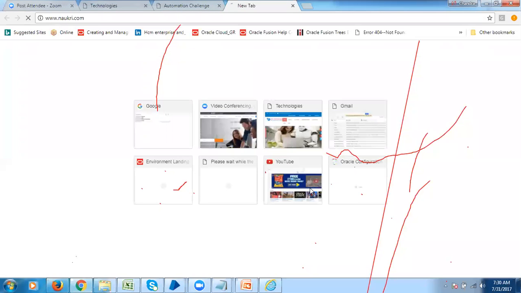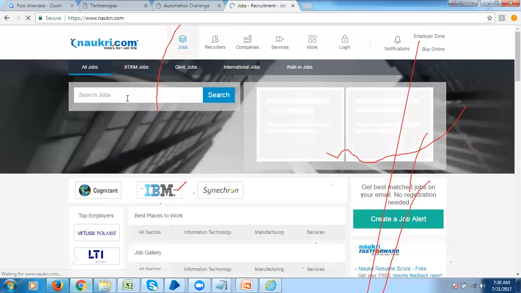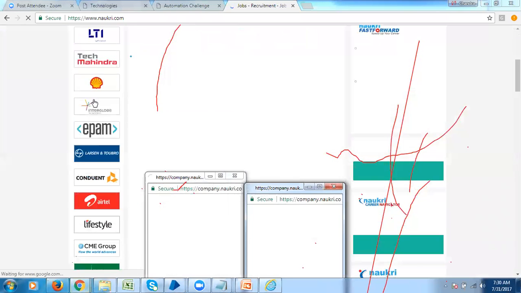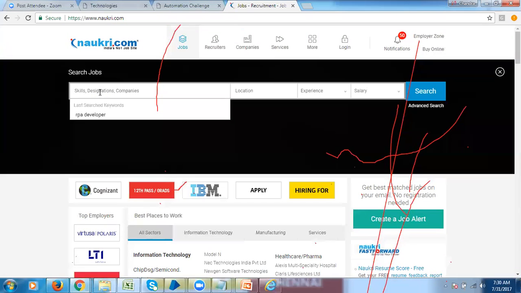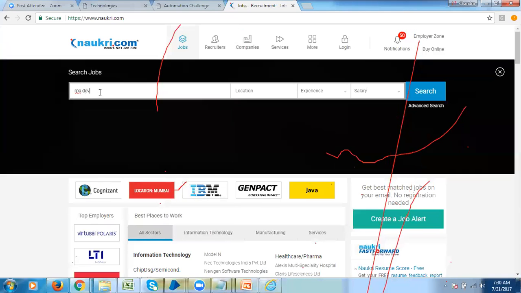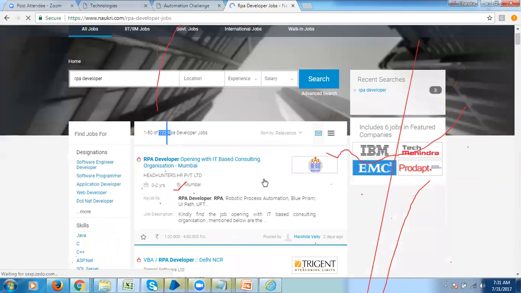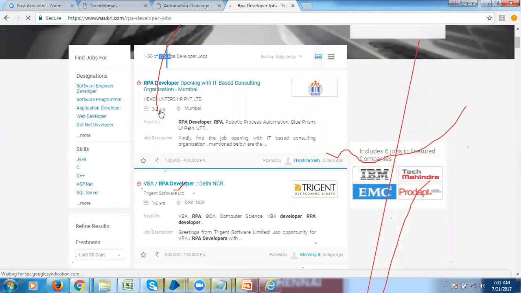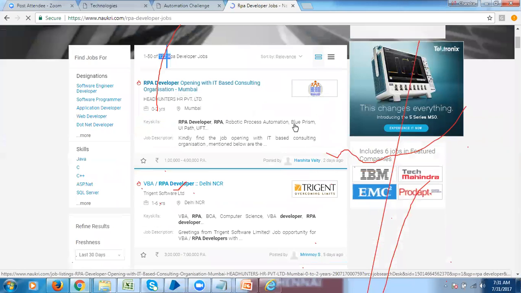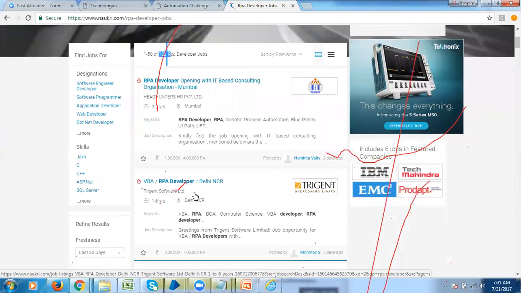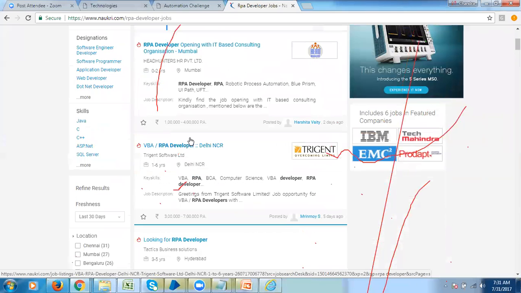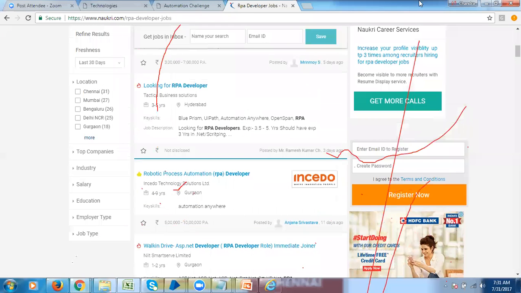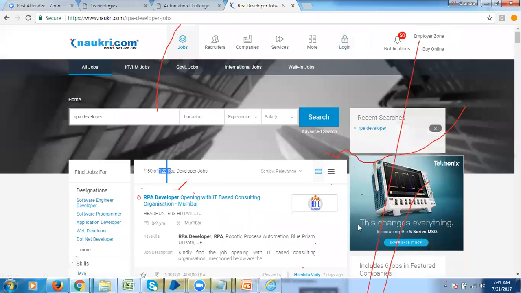If you go to web applications and search for RPA Developer, there are around 122 jobs with 0 to 2 years of experience for RPA developer, right? Robotic automation, Blue Prism, UiPath, all of this. That's all we'll be discussing. Some basic things are required, which also we will be discussing.